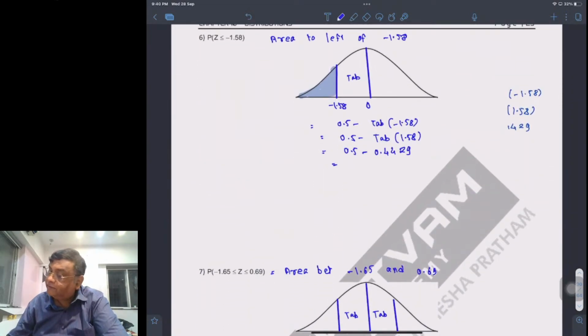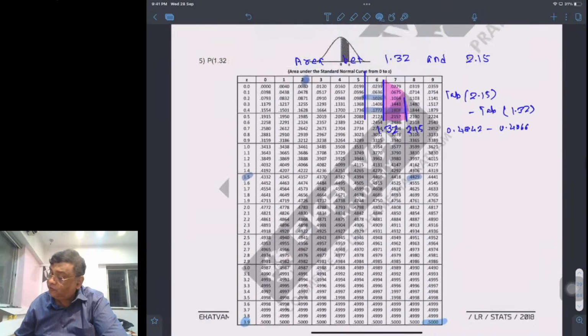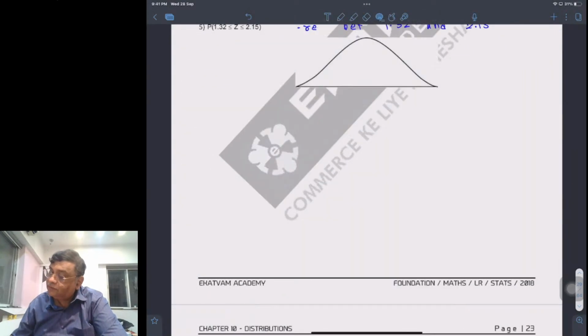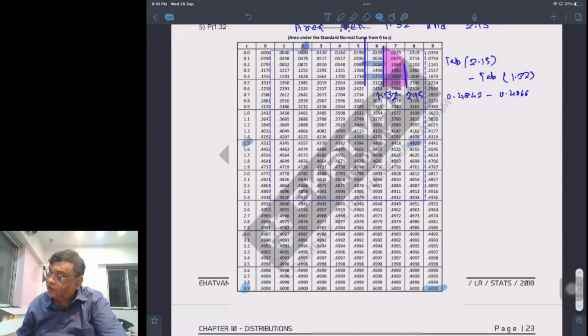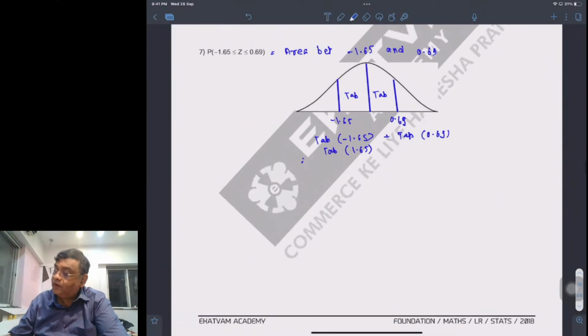Now what is the value that you are going to get for 1.65? This is 1.6 and this is 5, and therefore the value is going to be 0.4505. This is 0.4505, and that plus